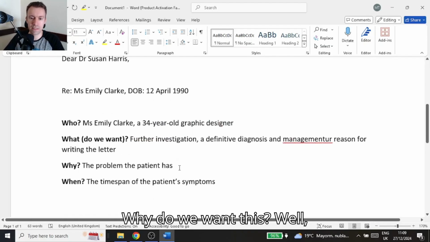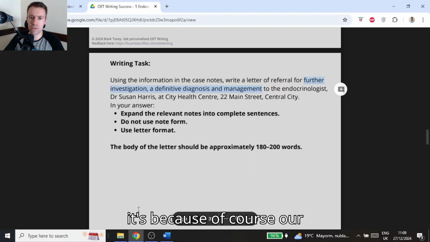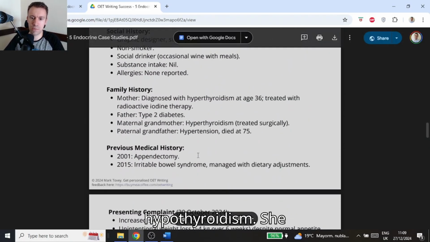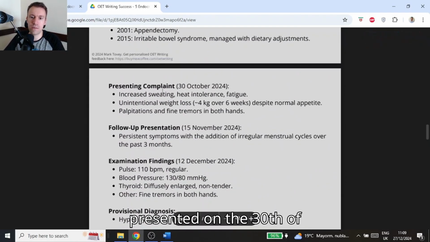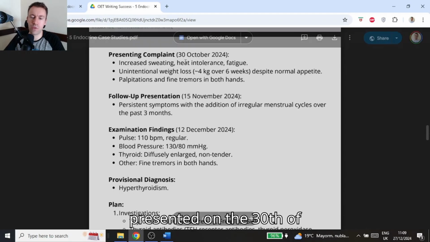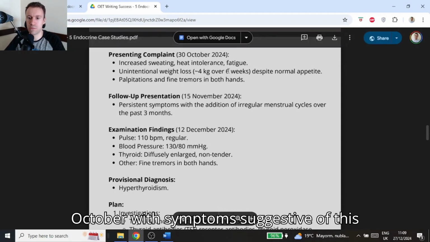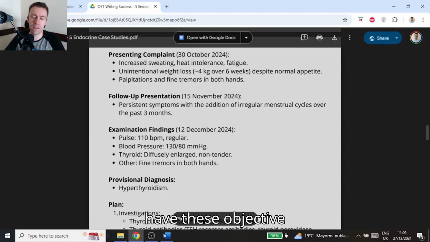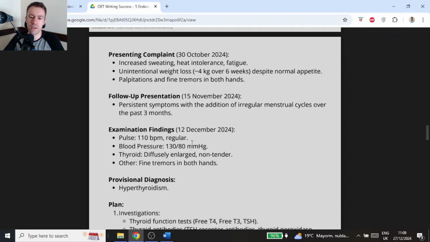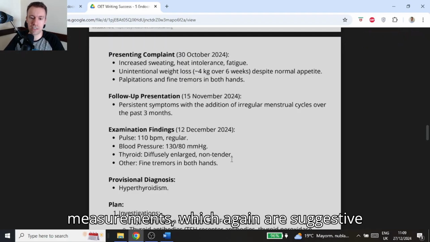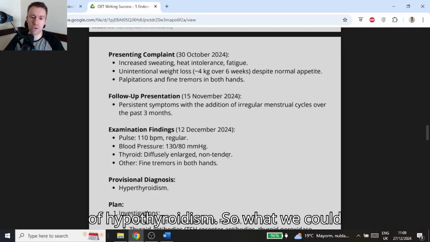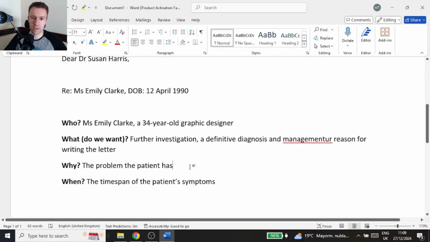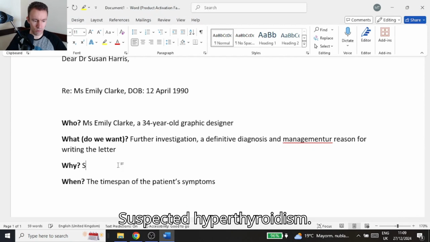Why do we want this? Well, it's because, of course, our patient has suspected hyperthyroidism. She presented on the 30th of October with symptoms suggestive of this condition, and on the 12th of December we have these objective measurements which again are suggestive of hyperthyroidism. So what we could write then is suspected hyperthyroidism